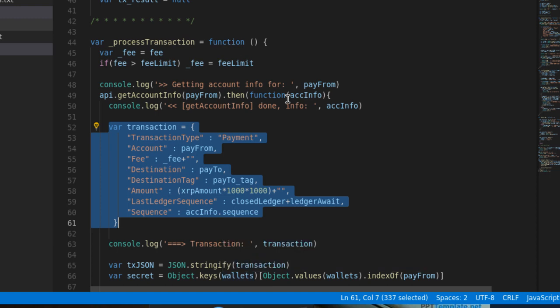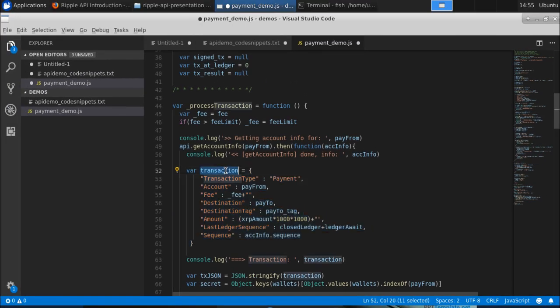So in the code, so far we have received the input, and then we are creating the transaction payload. The transaction type is payment. We need to have the from account, the fees, and the destination account. We are also putting the tag, and we are putting the amount over here.